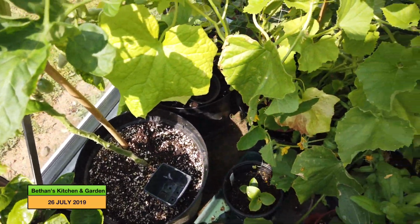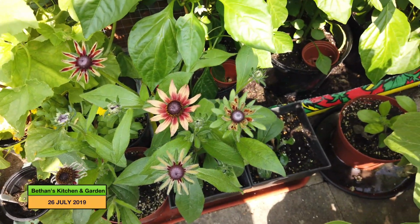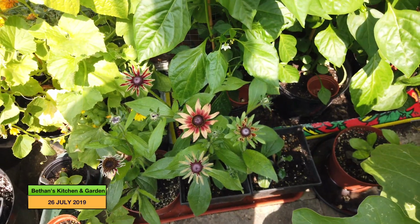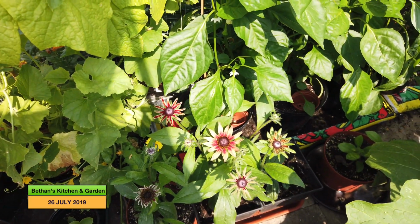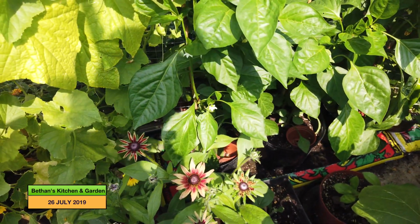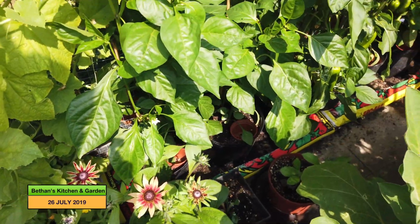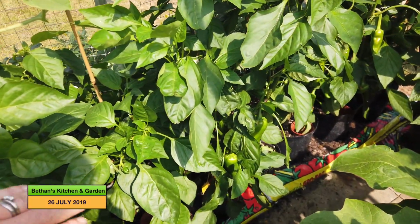Coming round here are my red rudbeckia, which I grew from seed, and they are doing very well. I need to plant them out really, and that will give me a bit more room in here. I just haven't decided where to plant them. If I come along here,